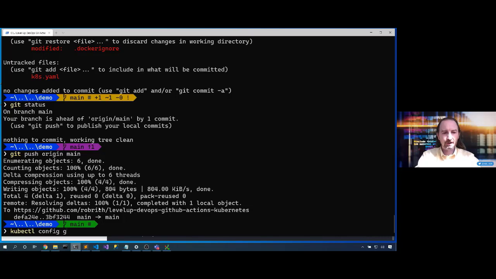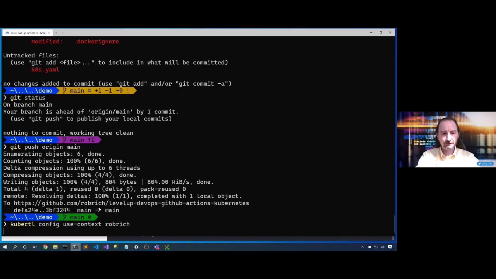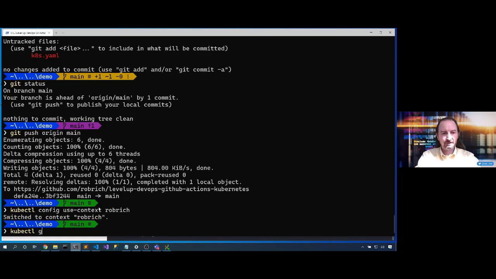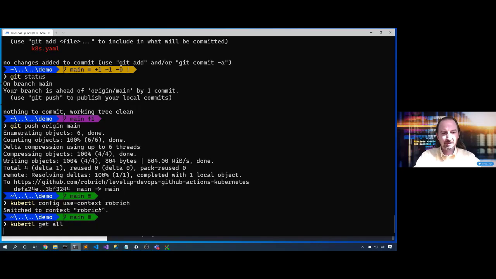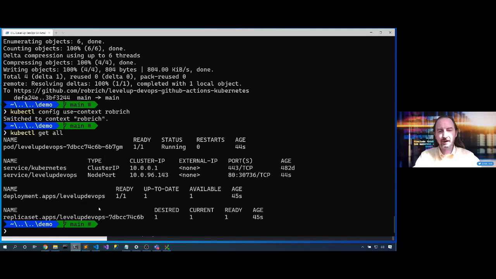kubectl config get use context Rob Rich, kubectl get all. Now I'm here inside my Azure Kubernetes service, and I see that I have this Level Up DevOps service. I see I have this deployment. Here's that pod, and it's already running. So because it may take a minute